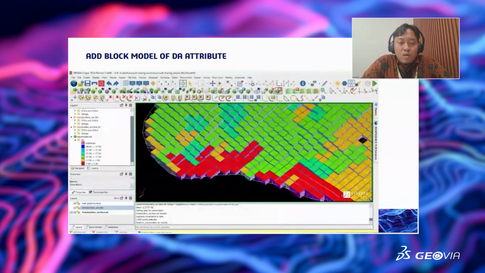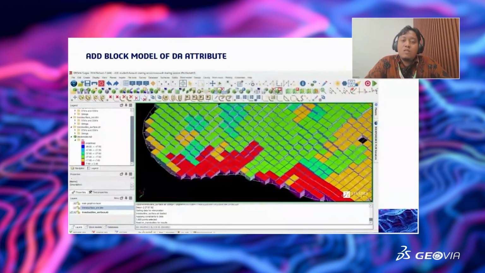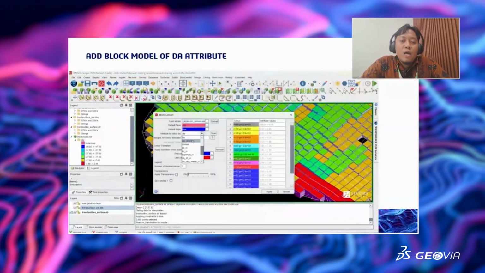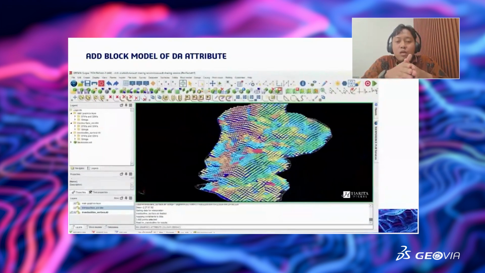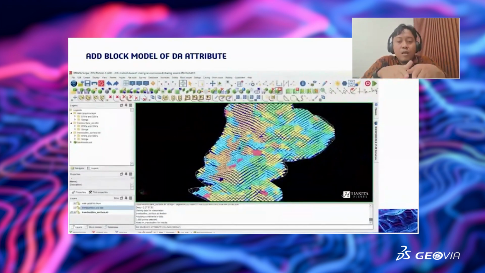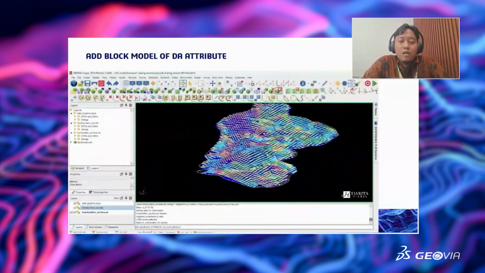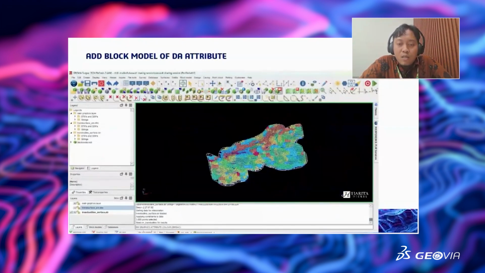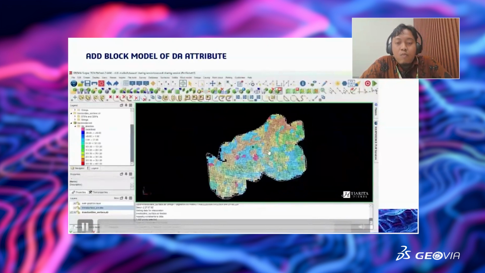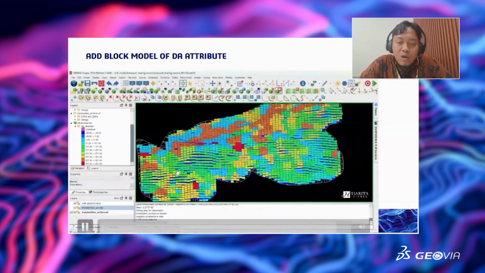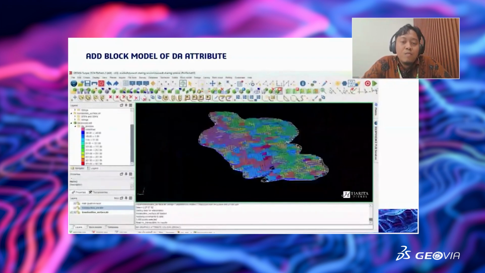But when we click the attribute here, the flat area, the dip will be flat. After that, I will show you the dip direction here. There's a two-hill direction in my solid model. There are big differences in my color block model here, in the north and to the south, because the orientation of my solid, the trend line of my solid, is different.